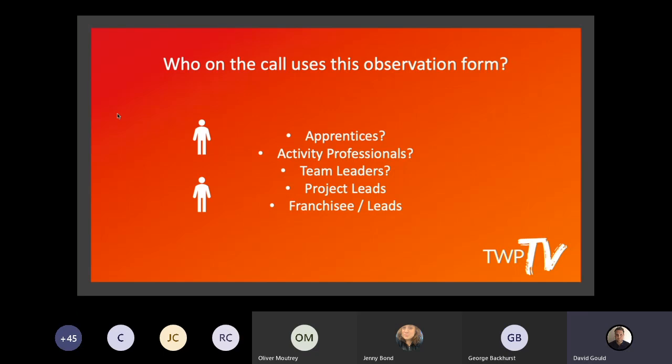And then lastly, there might be some franchisees or actually a leader of a franchisee business who, again, is looking to understand the form and look, how can we maximize this better within our business to ensure that our standards are improving, our AP is being challenged, but also the quality of delivery across the board is being effective and supporting the school's needs. So, at any point, please unmute yourselves and come on and have a chat. We are due to go to 11 o'clock, but if you just listen to myself for the next 35 minutes, probably not going to be as long. Okay, so